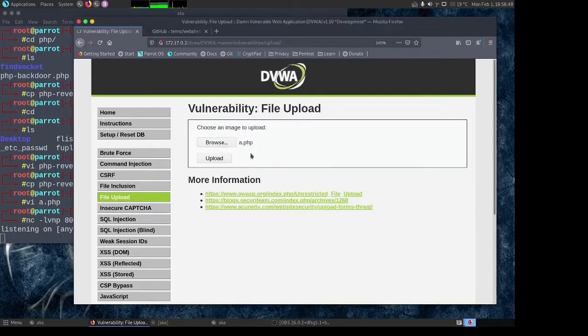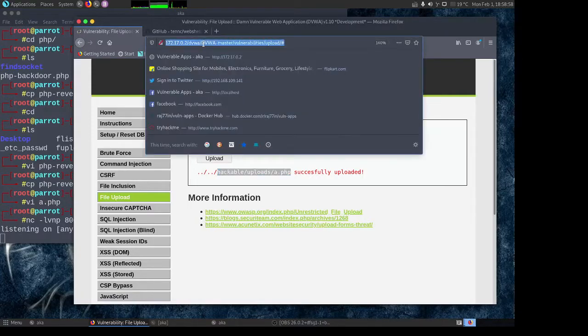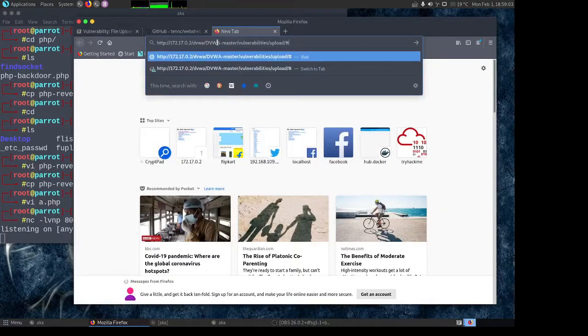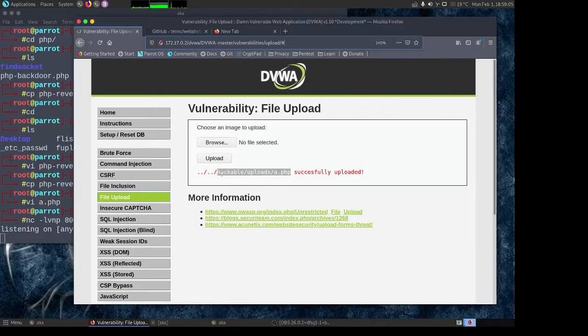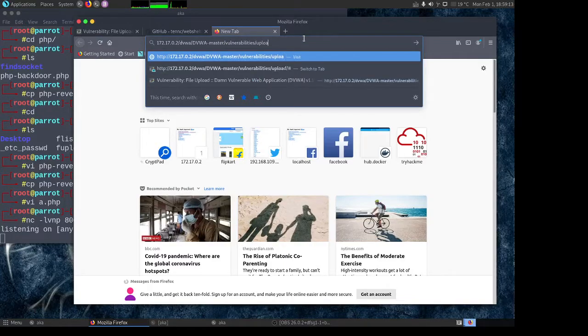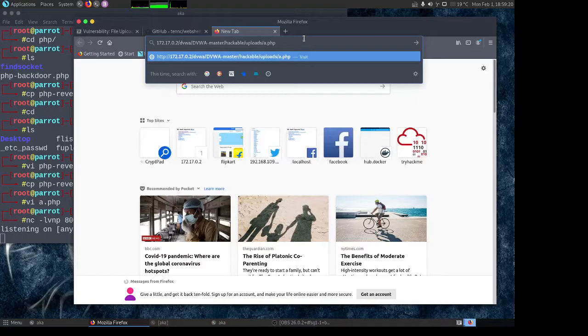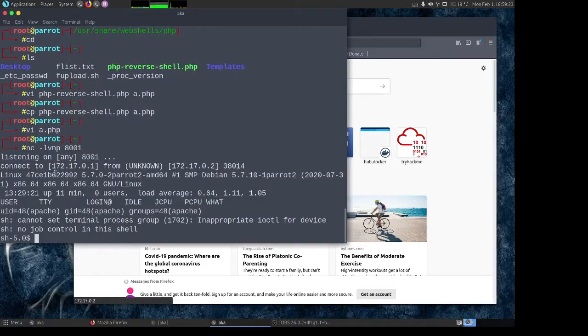So I am uploading a.php. Then let's say upload, and we can see that it is giving me this path, right? So we will copy this current path first and open it in a new terminal, and then go back here and copy this path. Here we can see that it was two paths above, so I will remove upload and vulnerabilities and paste the path that we had, and I get a shell here.